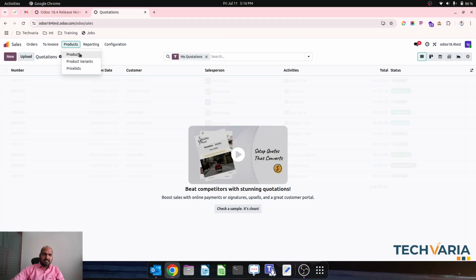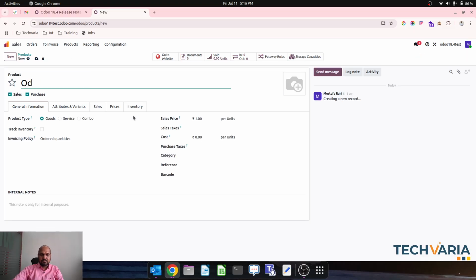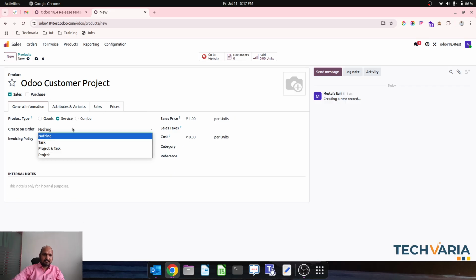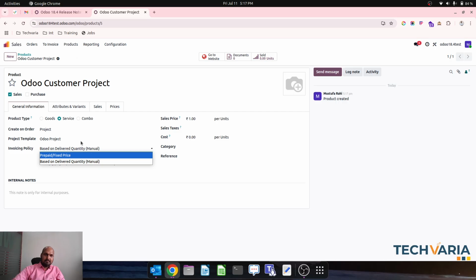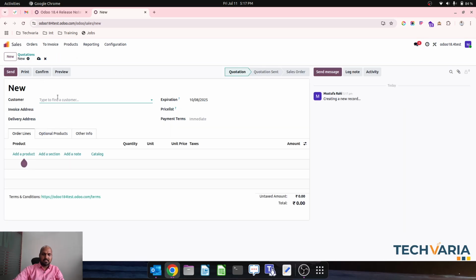So if I create any products which say Odoo custom project, and let's say I am only selling this as a service, and it will create project from my Odoo project. So this is how I can also create project by selling this. So if let's say I am selling like anything in prepaid or manually timesheet, then if I'm creating any quotation like Belgium client 1,